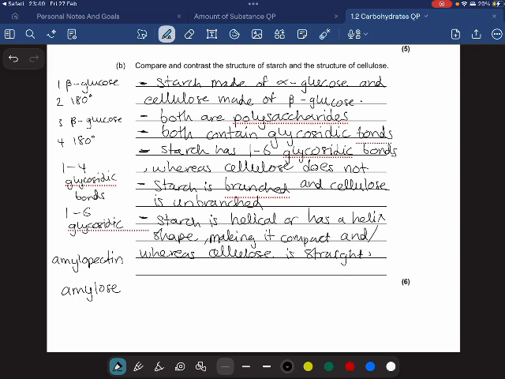And there we go. We've got 1, 2, 3, 4, 5, 6 points. That was probably less than 6 minutes, so a minute per mark usually, but we could get those out really quickly. So remembering the structure of starch, remembering the structure of cellulose, remembering that starch has 1,4 and 1,6 glycosidic bonds due to the amylopectin, and cellulose only has